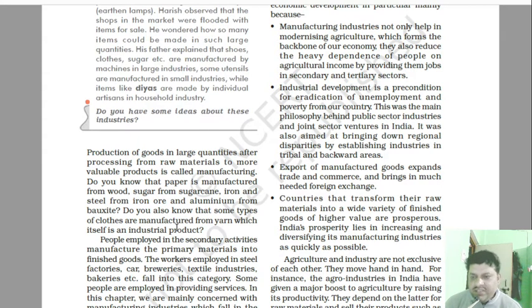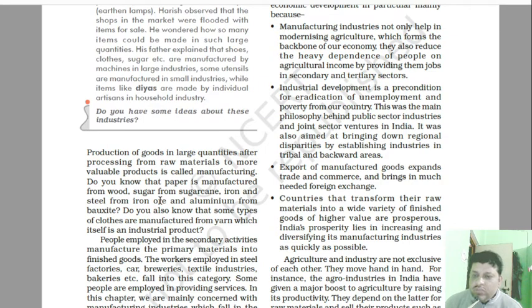aluminium from bauxite? Obviously, many of you might know those things, that the paper which comes daily into our houses, newspaper, or any paper we use, is made from pulp, which is obtained from plants and trees, and the iron and steel material we use comes from the iron and steel industry. The aluminium utensils we use are obtained from bauxite.